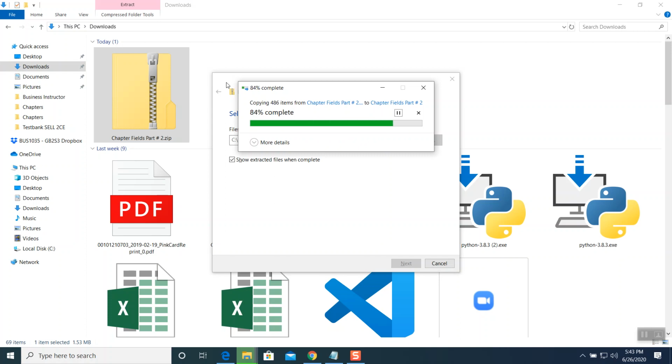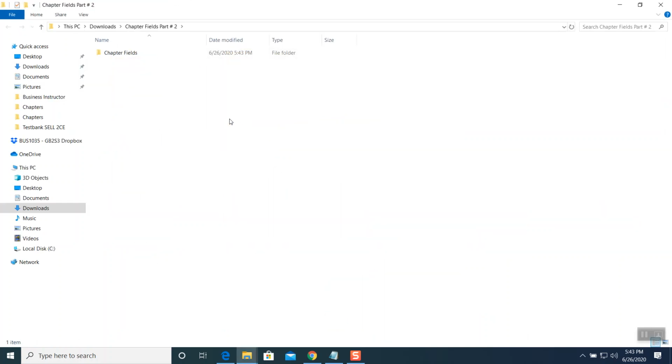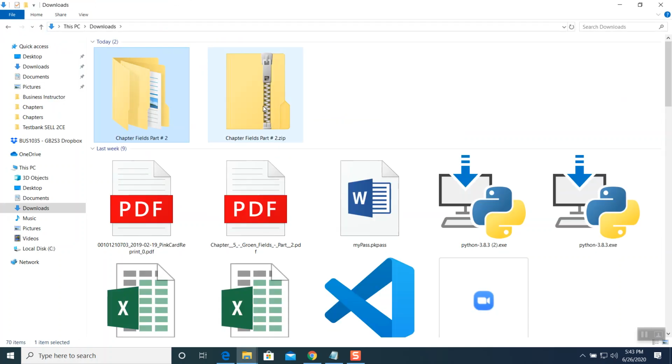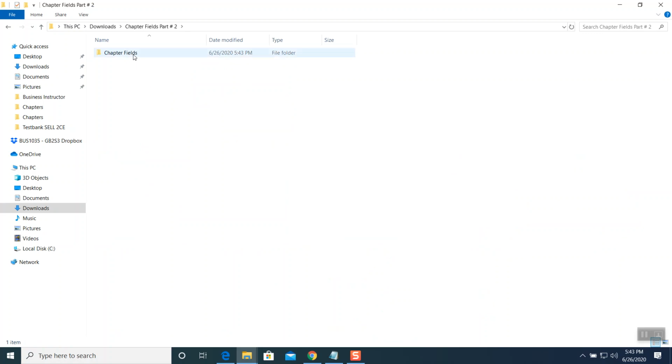So give it a second. It will open up all the files, 486 files. And then you are able to see two different folders. One is with the zip and one is without the zip. Guys, if you are doing it with the zip, you are not able to work on those files. Don't make this mistake. Do work on the folder which does not have a zip. So double click on it, double click on it, double click on it,